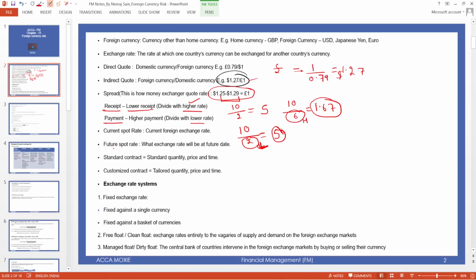Next one is the future spot rate. What is the future spot rate and current spot rate? Current spot rate is the current rate that is prevailing in the market, and future spot rate is the future rate. Okay,